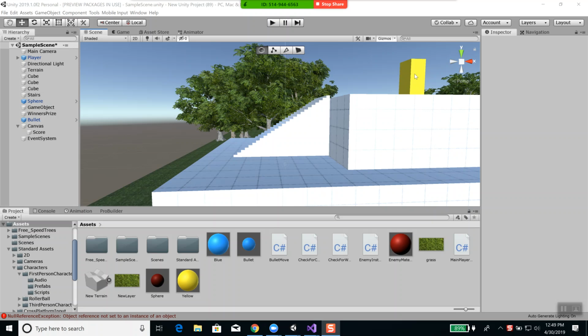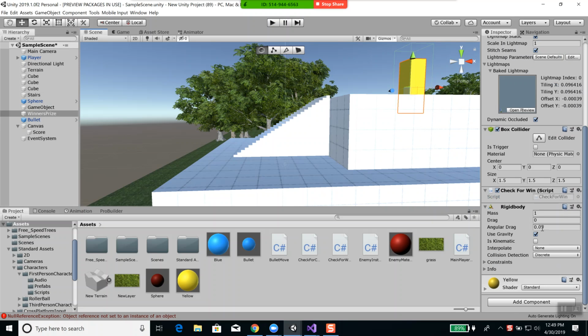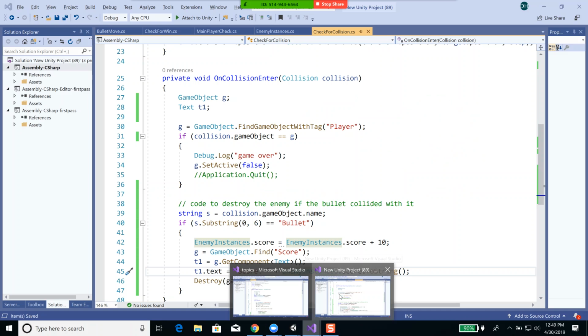Now I want to see if it collides with this up here. Then I want to add more to my score. So this object here was my winner's prize, and I have a check for win. Okay, so if I come over here,